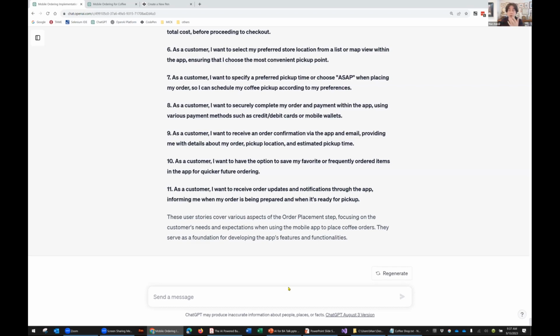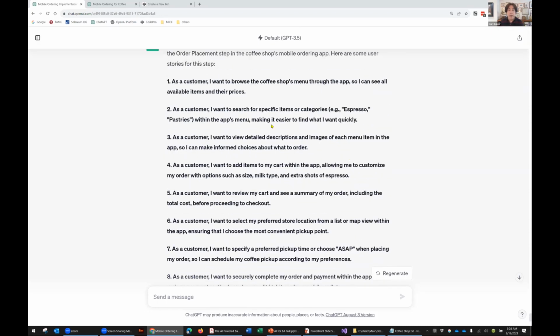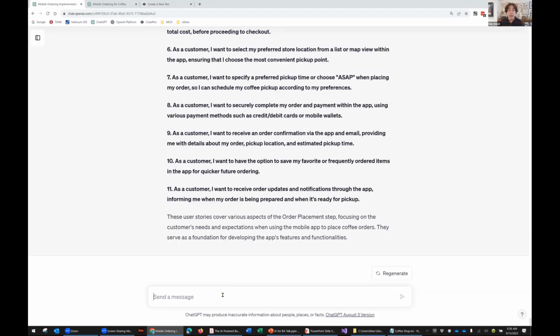If you're doing a larger set of user stories, for example, if you want to do user stories for the entire process model, then you might want to have it apply some sort of naming or numbering convention to it so that you can refer to all the stories by name or number. Okay, again, now because we've got a lot of stuff, we can say which of these are most essential.